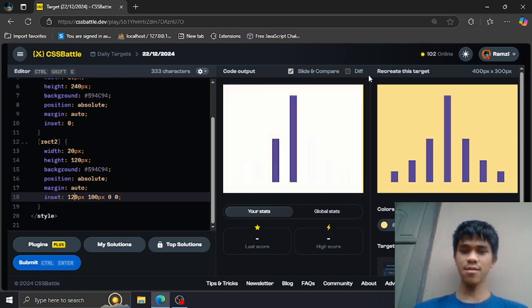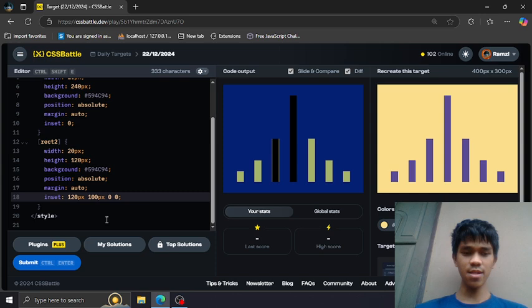Alright, a little bit offset to the right side. Push this to the right side by 10 pixels. Nope, 30, 20, 10, 100, 90. It's too much.